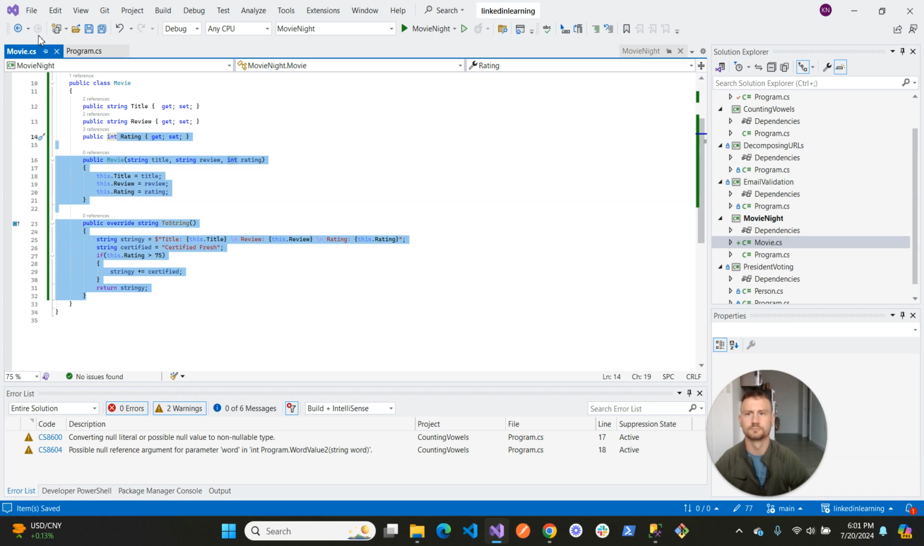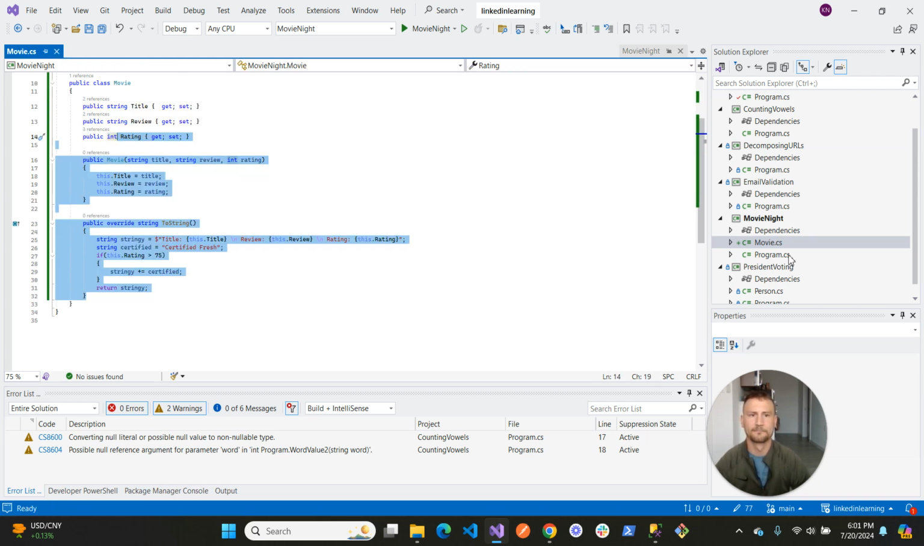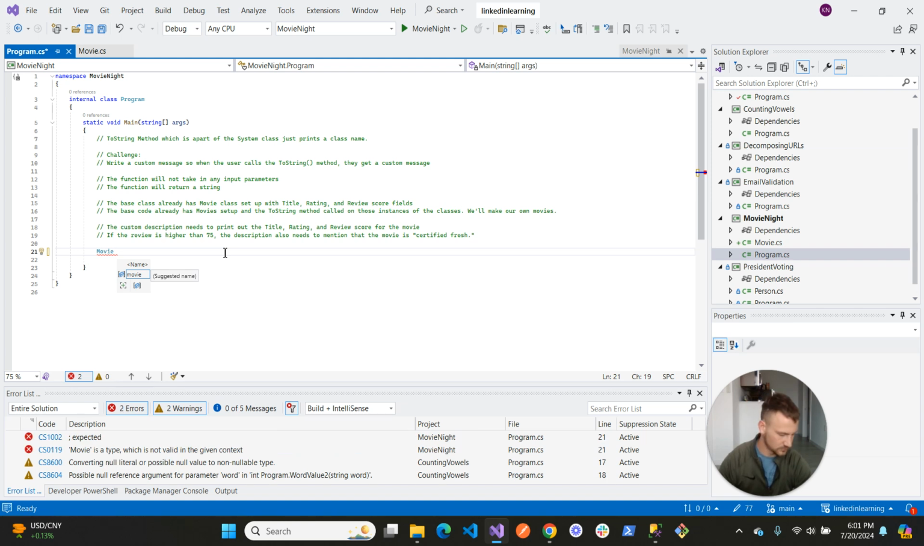And then we'll go into our program and we can create some movies. So we'll go movie. What's a good movie? What's one of my favorite movies? We'll go Shawshank Redemption